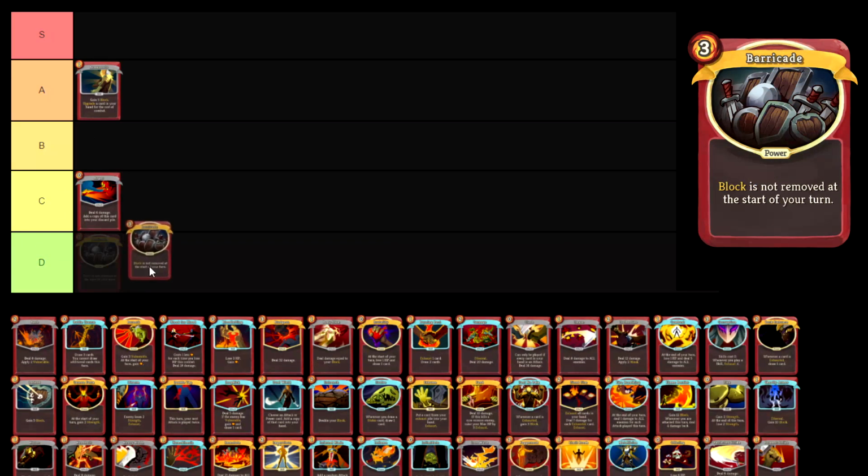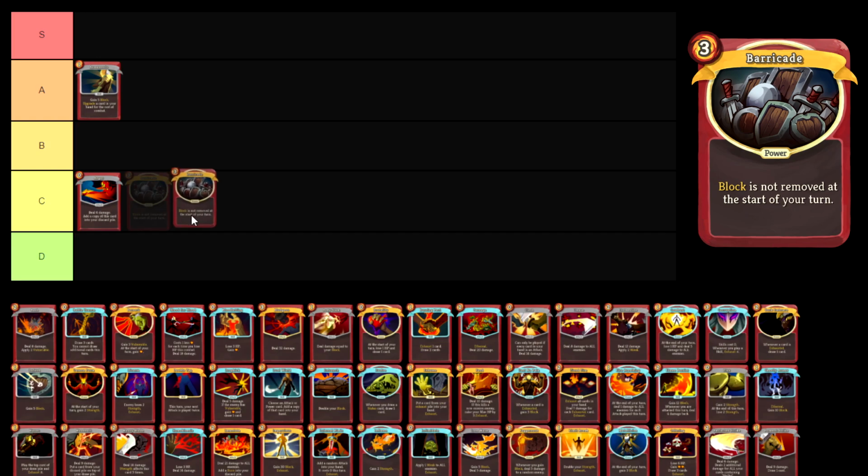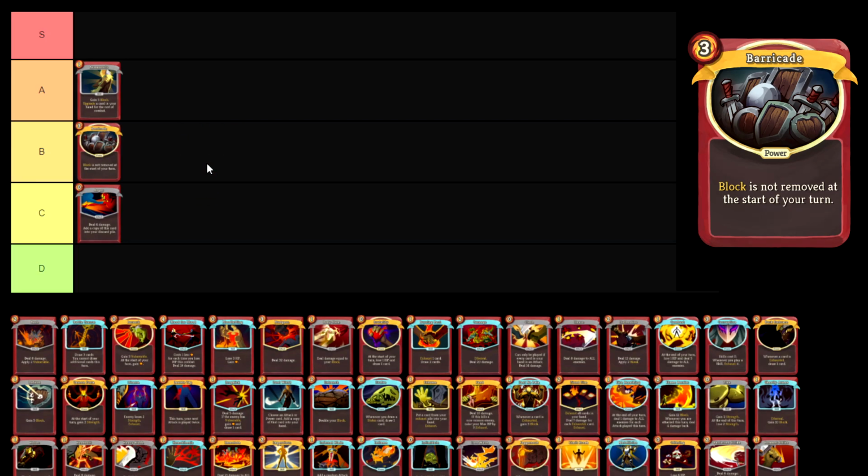Barricade. It's our first gold card, right? It's tough because I think that gold cards would normally be pretty high up there on the list. But I do think that Barricade is a high B tier, primarily because it's a 3-cost card, and that's tough, right? That's tough because it basically requires you to get an energy relic in order to make that playable